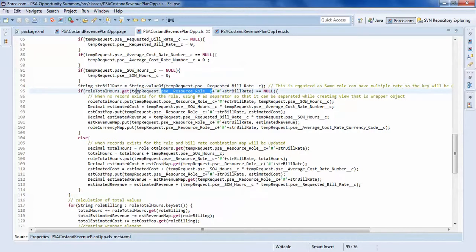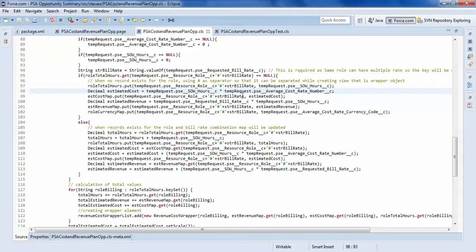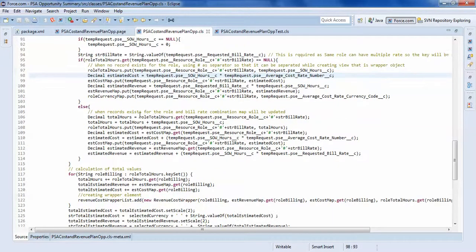Earlier only the role was the key value. Now I have added the bill rate also, separated with a hash. If it is null, that means no record is present with this combination of bill rate and role. So there will be a new entry here, and if it is not null, then I am fetching that record from the map, recalculating, and putting it back into the map.